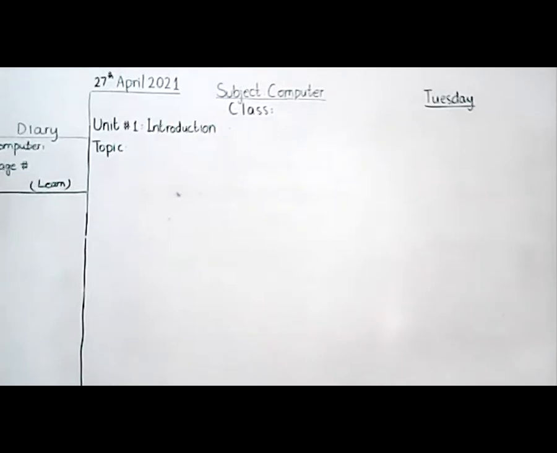Okay, now you have to tell me the definition of output devices, Minahil. Once the data is processed, it can be displayed in different ways. Devices that generate output are called output devices. Very good. Okay, now tell me the definition of monitor. A monitor is an output device. It displays information on the screen. It is the main device to see the result output. Very good. Clap.